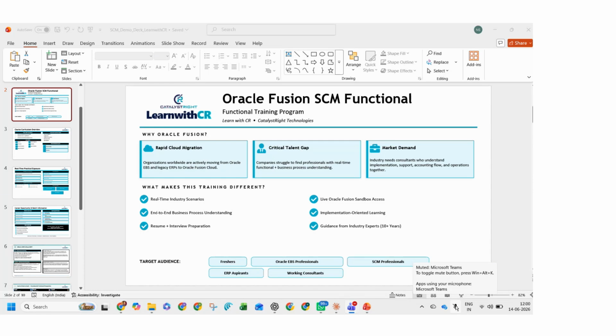How will we teach you? For example, I'll show you how to create a business unit. I'll show you how to create an item. You will learn it in my training. You will have a recorded session. You will be seeing live transactions as well. You can ask me, you can counter me anytime, any queries you have during the session. Then whatever I have taught you on that particular day, you have to